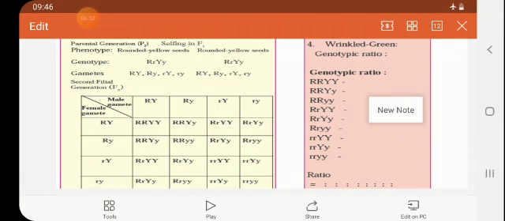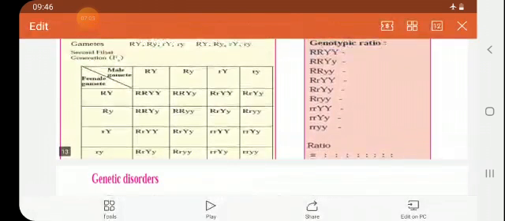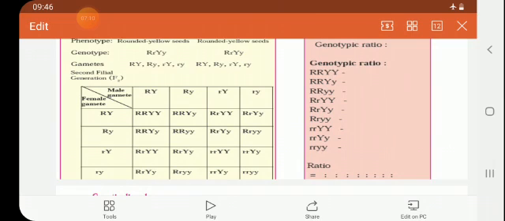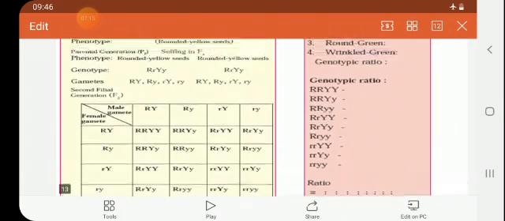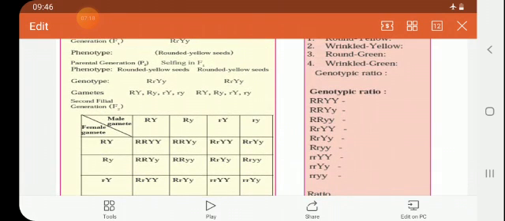You know that as there are 4 columns and 4 rows, there will be 16. So your genotypic ratio, what you are writing here, it should be 16. Okay. So when it is 16, you will observe the ratio. After that, if 1 R and 1 Y is there, you will write down that it is round and yellow, if it has the characteristics of at least 1 R and 1 Y.